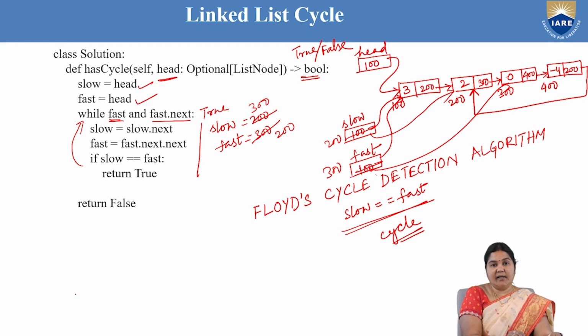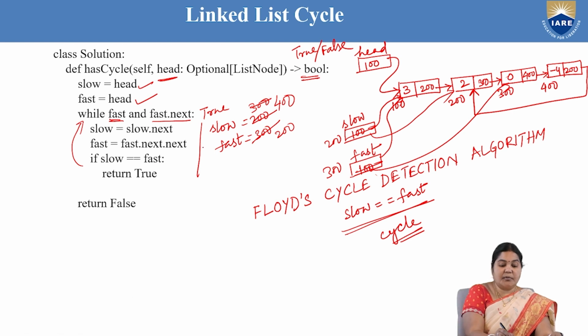200. Is it a valid address? Yes. Fast up next. 200's next is how much? 300. Is it a valid address? Yes. So, the loop condition is true. Now, slow is equal to slow of next. So, 300 next is 400. Slow is pointing to